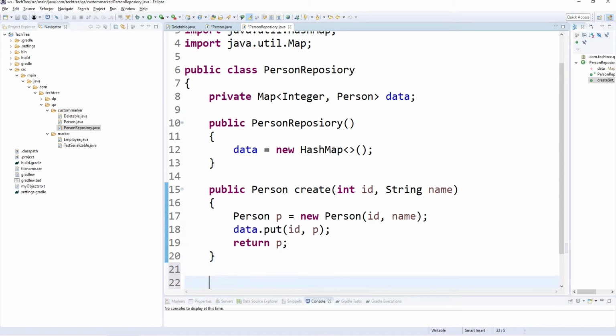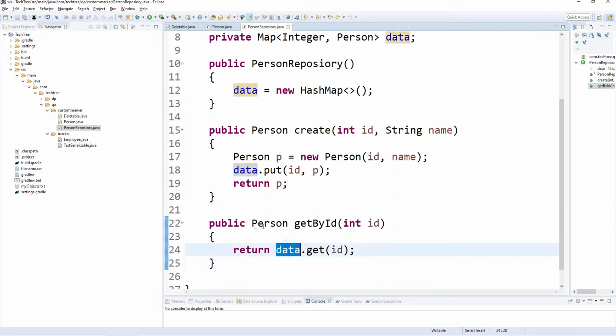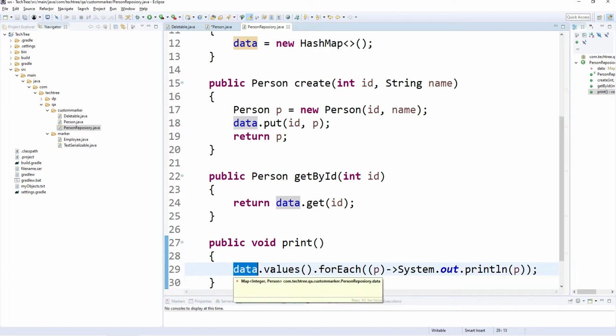Let's define another method, getById. This method just returns the person object from the HashMap. You can also write the code to get the data from a database. Let's create a print method. It just prints the values using a for each loop.